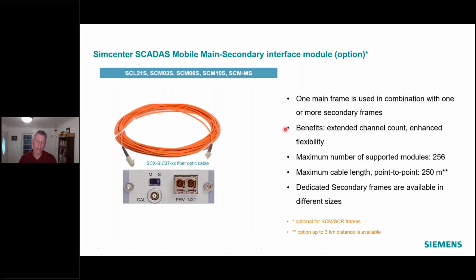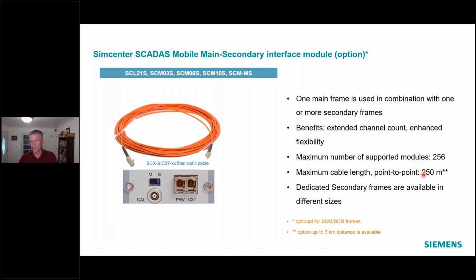But then using these fiber optic cables, we can plug together multiple systems and they will appear to the Test Lab computer like one giant front end, where the backplane, think of it as connected through the fiber optic. Extremely low latency, sample to sample synchronization works very robustly, giving very accurate phase even at very high channel counts and high sample rates.